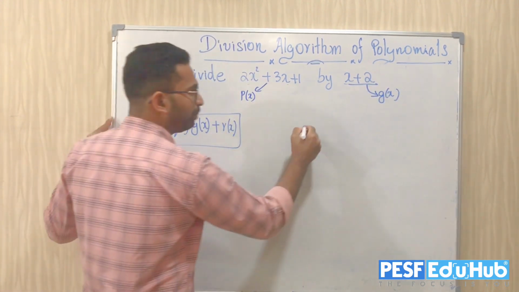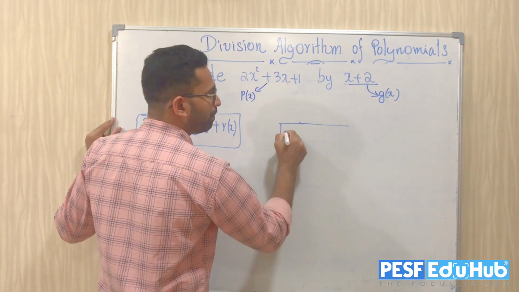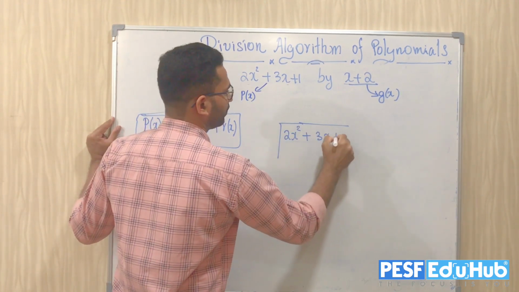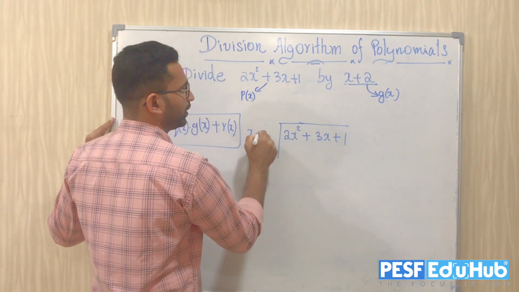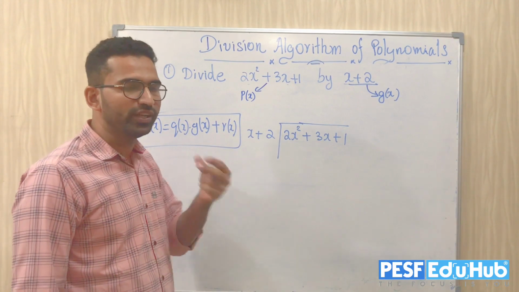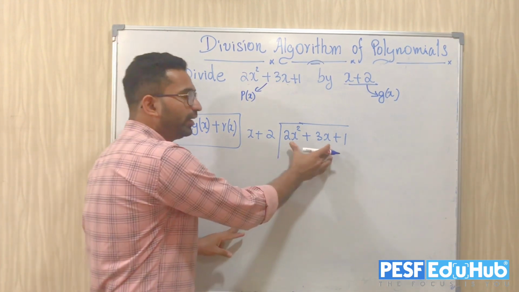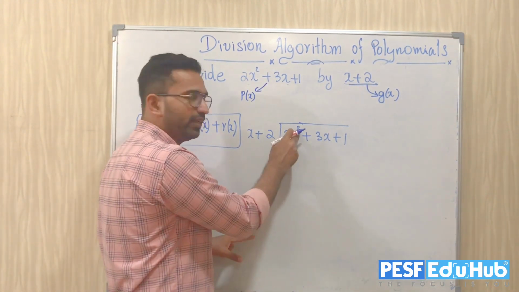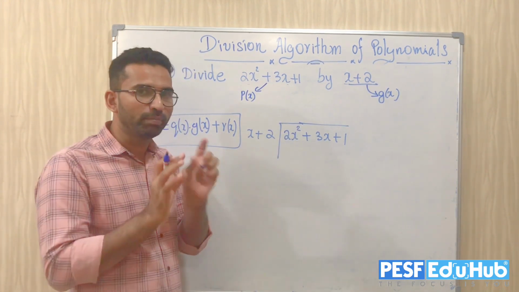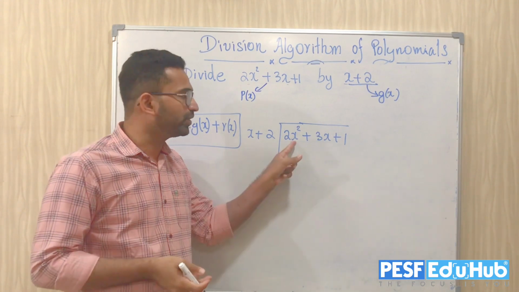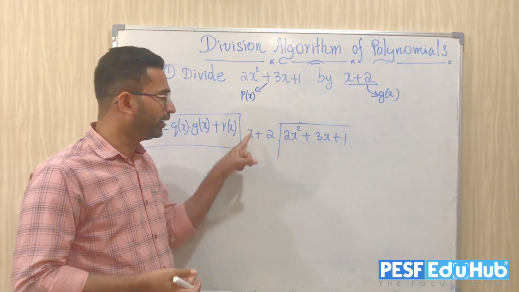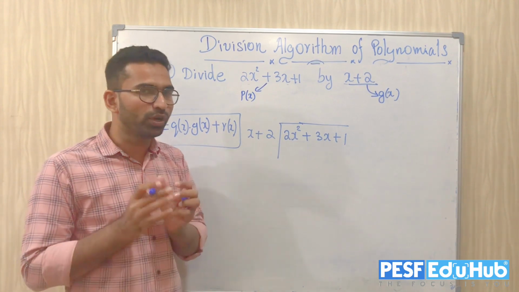So what will be happening here when you divide the polynomial with another polynomial? It's very simple. Anyways, the degree of your p of x, what is the degree here? 2. And the degree of your g of x, when you compare, you can see that the degree of the p of x will be always greater. The degree here it is 2 and the degree here it is how much? 1.